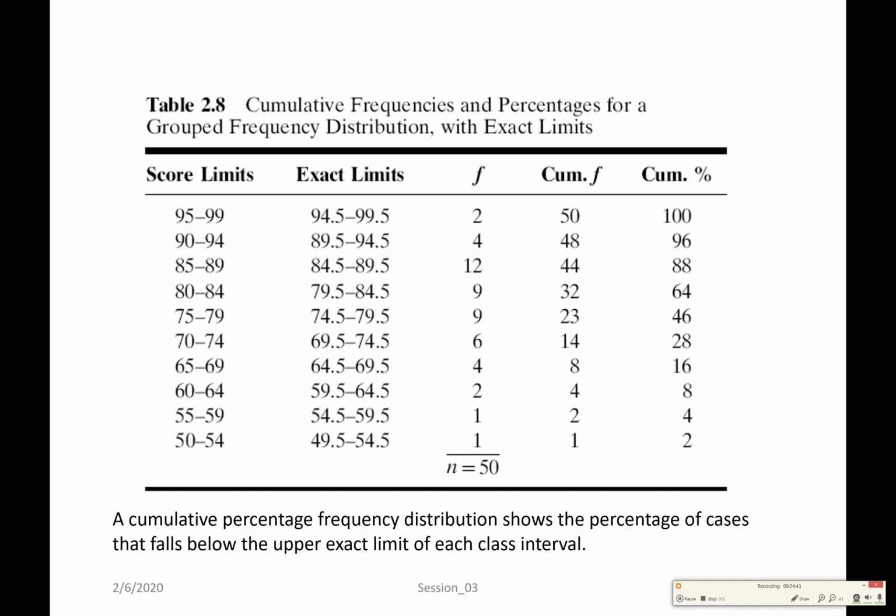If you can get cumulative frequency, you can get cumulative percentage. All you need to do is divide that value by 50, and then just move the decimal number two places to the right, and you get the percentage. You divide that by 50, you get that. You divide 4 by 50, and so on. That's how you would get the cumulative